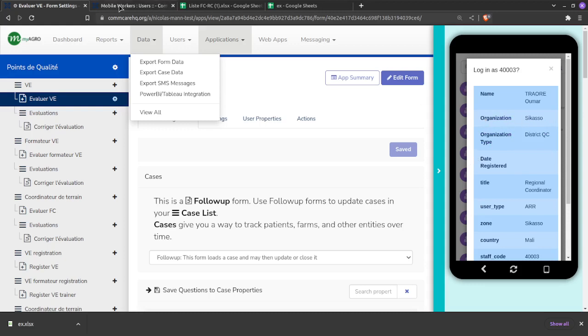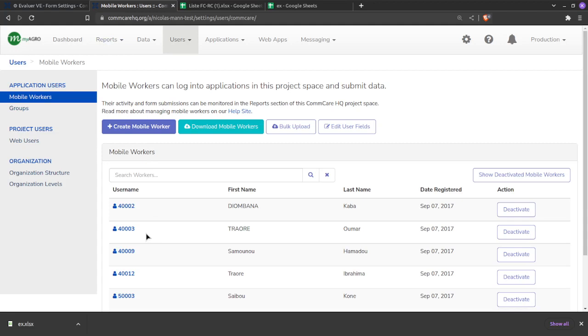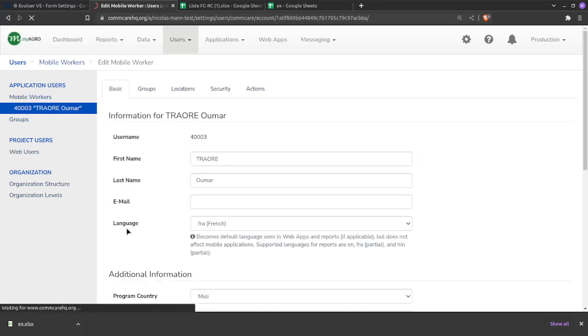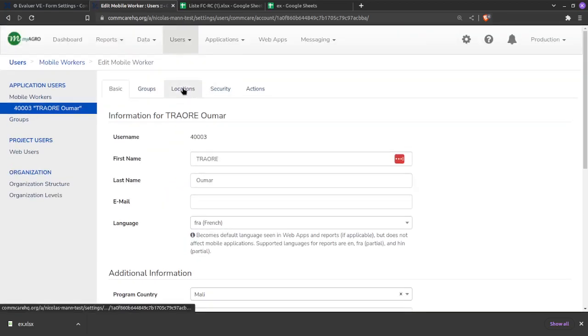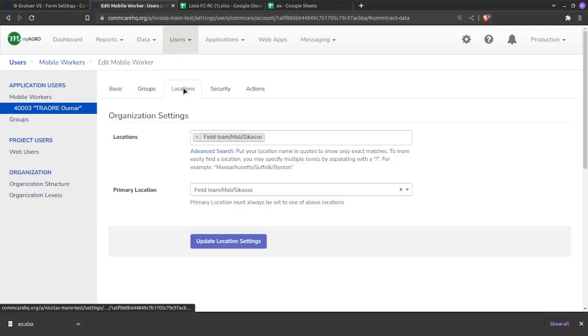And so we can actually see that in a few places, like right here, we have Umar Traore's username, user profile, and you can see in this locations tab where they are assigned. So he's assigned to a location called field team / Mali / Sikasso. And then another way to see that is to actually go and look at this whole organization structure. So if I click on this section here, organization structure,